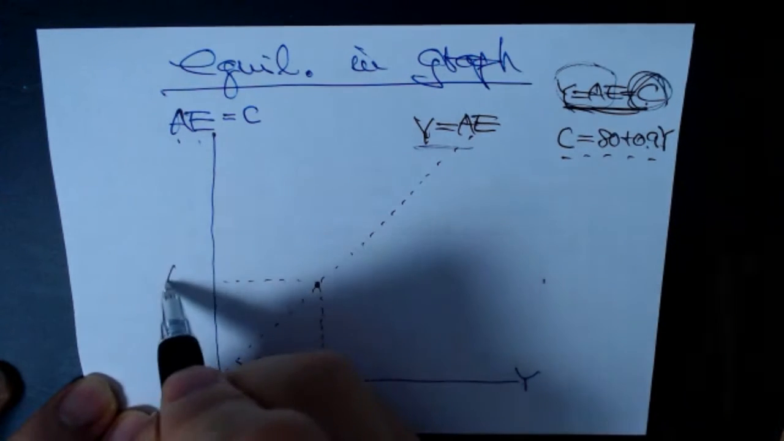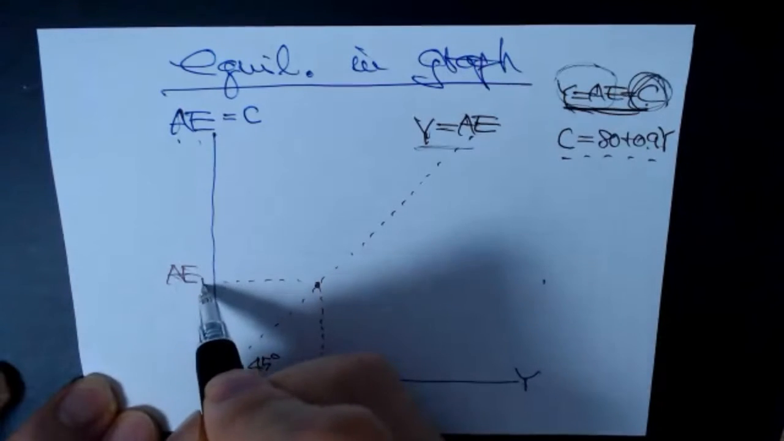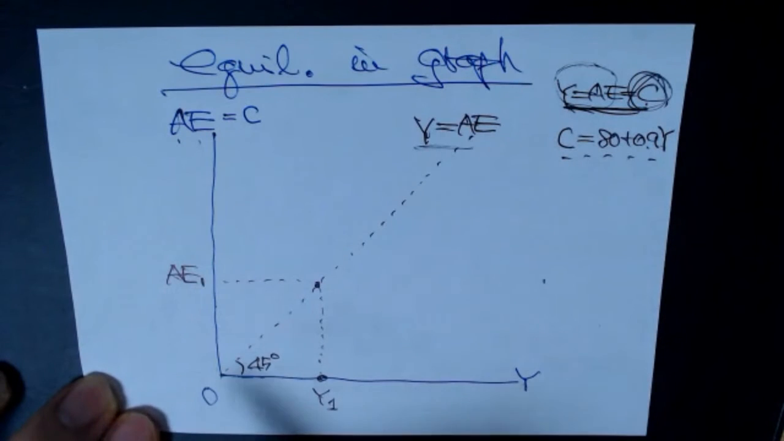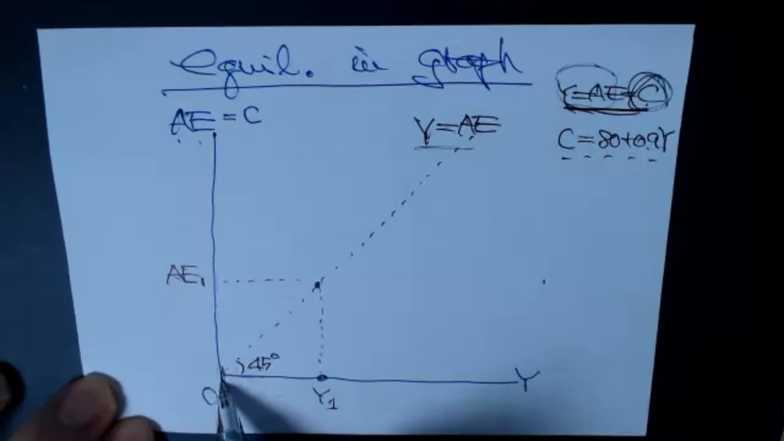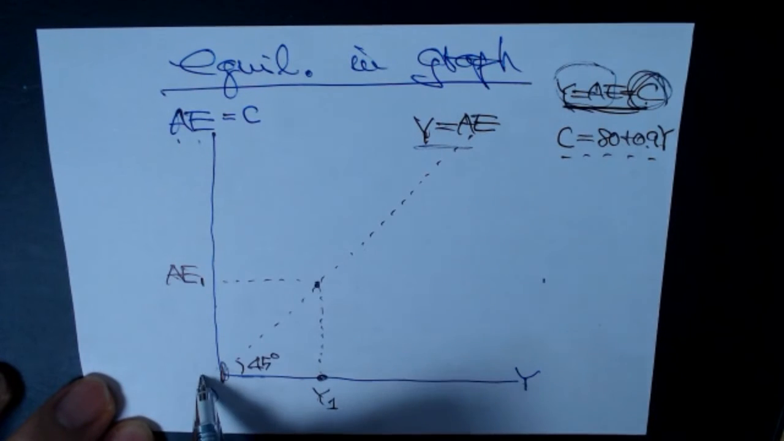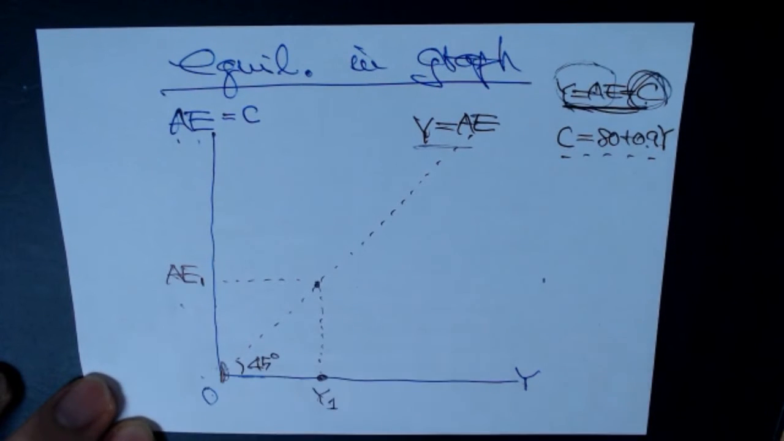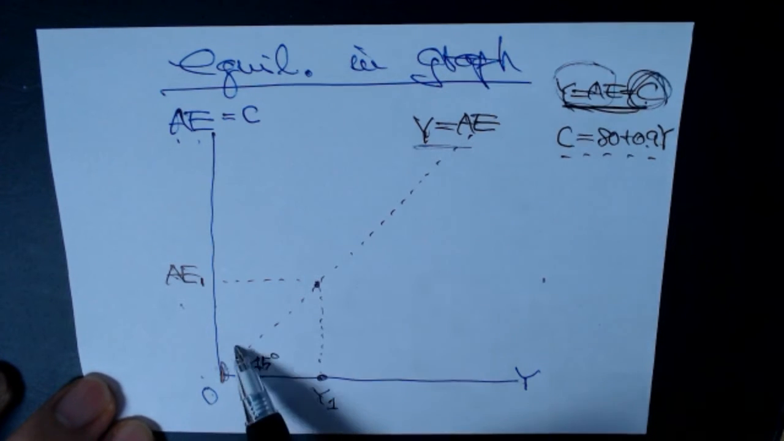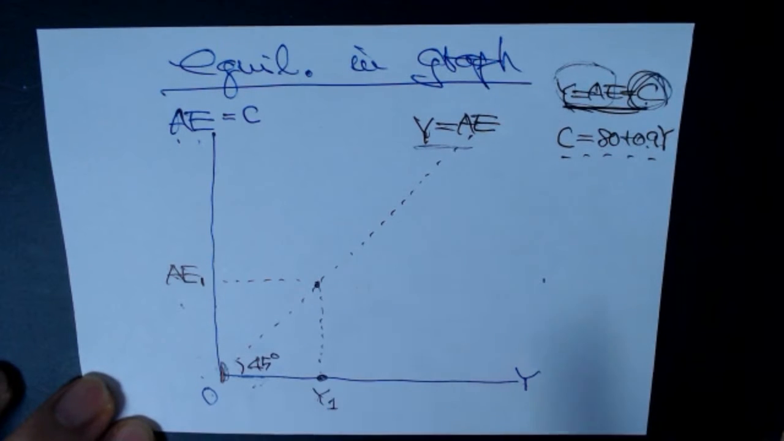And here we have AE1. I ask you whether the distance from 0 to Y1 is the same as the distance from 0 to AE1 when the angle is 45. Then the answer should be yes. Yes. So this 45-degree line tests that